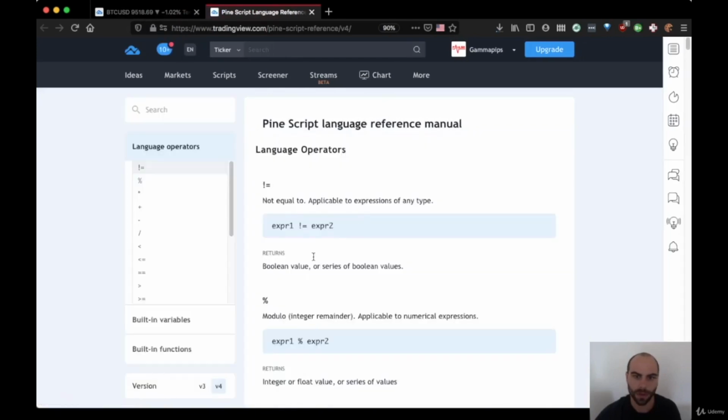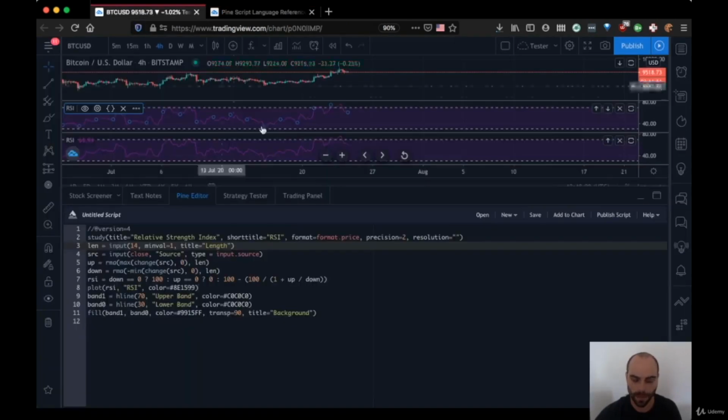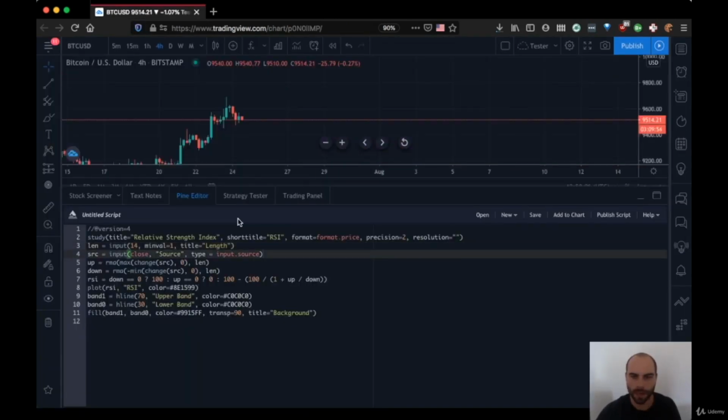And it will load. And now this is the reference manual. You have all the information you need on the different operators and variables and functions built in the Pine Script that you can use. So go ahead and open up the Pine Editor, mess around with it, get familiar with it, add some stuff, open up some stuff, save some stuff, break some stuff, and get familiar with it because we'll be working in this